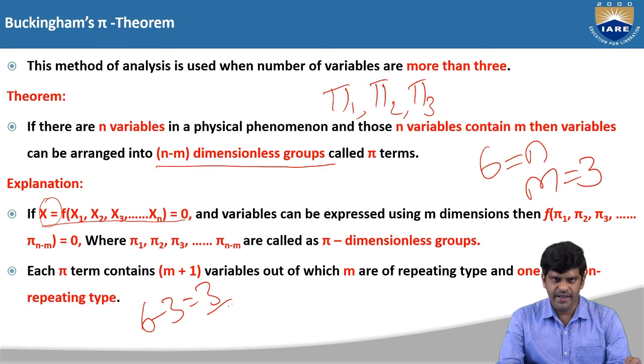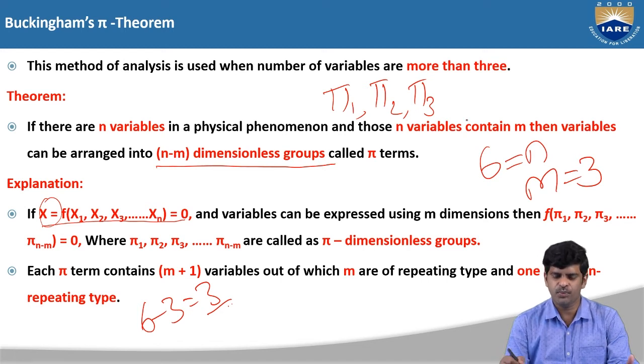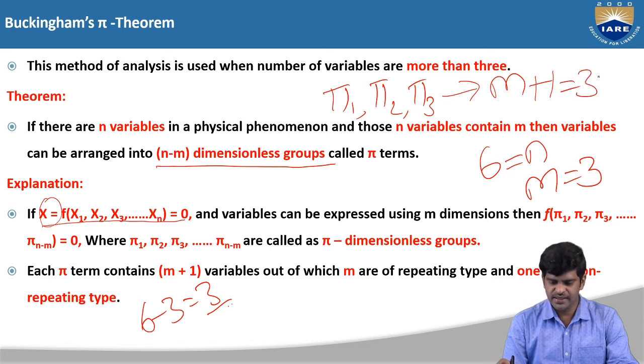Now it is our aim to determine the values of pi 1, pi 2 and pi 3. This is not fixed, because here we had assumed that the given number of variables is 6. If the number of variables increases, then the number of pi dimensionless groups may increase depending upon the given number of quantities. Each pi term will consist of m plus 1 variables. What is m here? 3, which is a constant. 3 plus 1, which is equal to